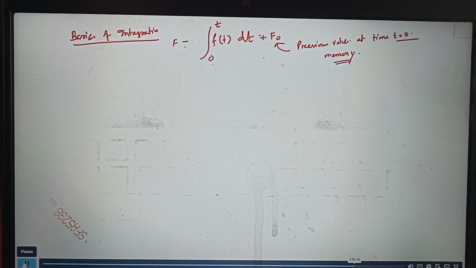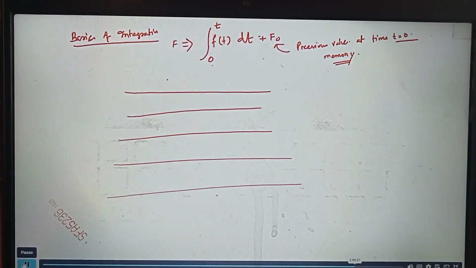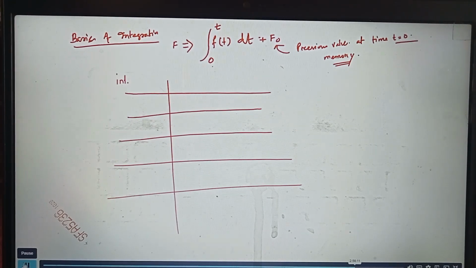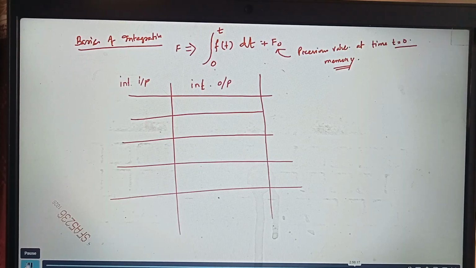So then integration, again I'm saying, it has this previous value effect, right? Initial value, and then you do this integration. So let's take in simple terms, without going into much technical detail, let's see. If integrator input is something, what will be integrator output? So what I'm trying to